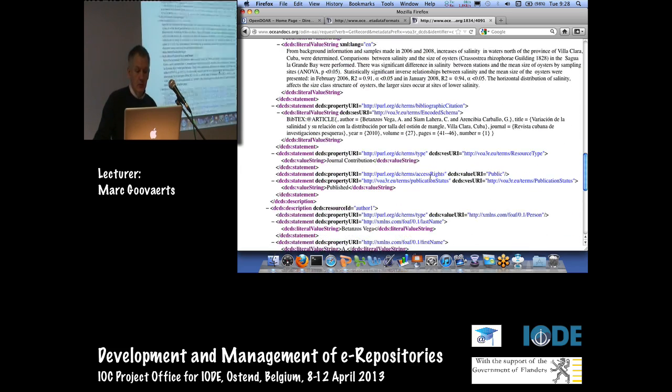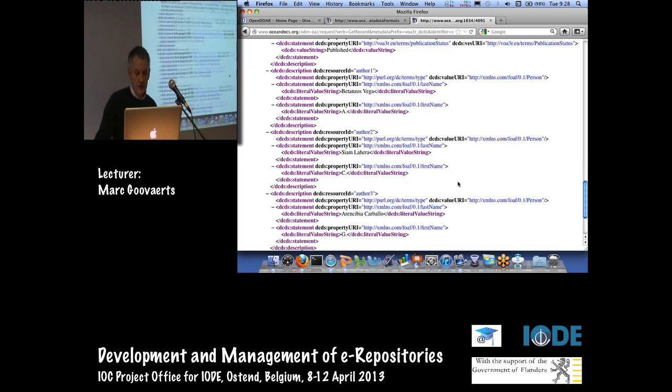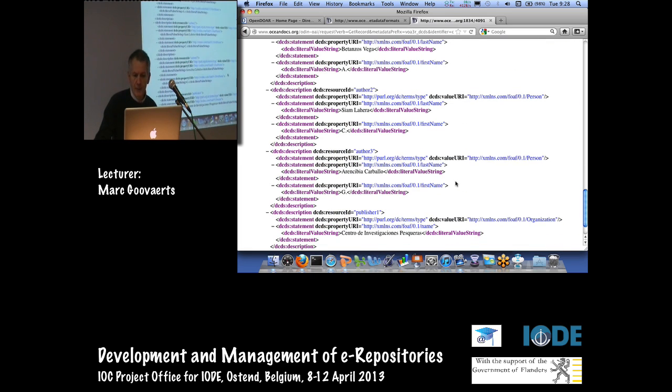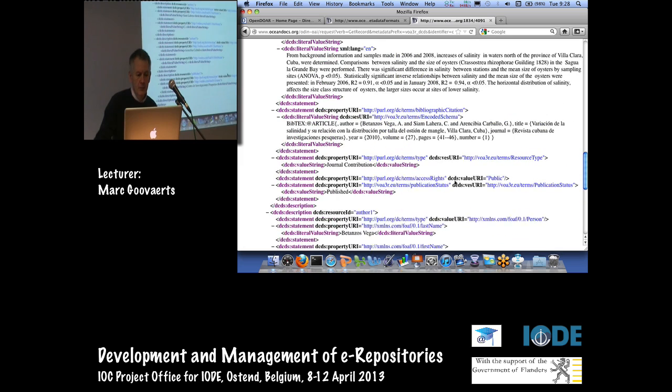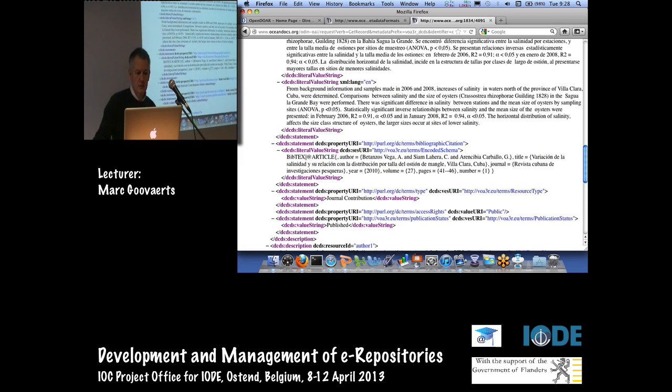Also, you can include some information, and that's the way they solve it. You see, they include the description of the whole article, the whole reference, as a BibTeX, so that every part can be used separately again. You see the title here, but also the journal is separately defined. So there is a granularity in your